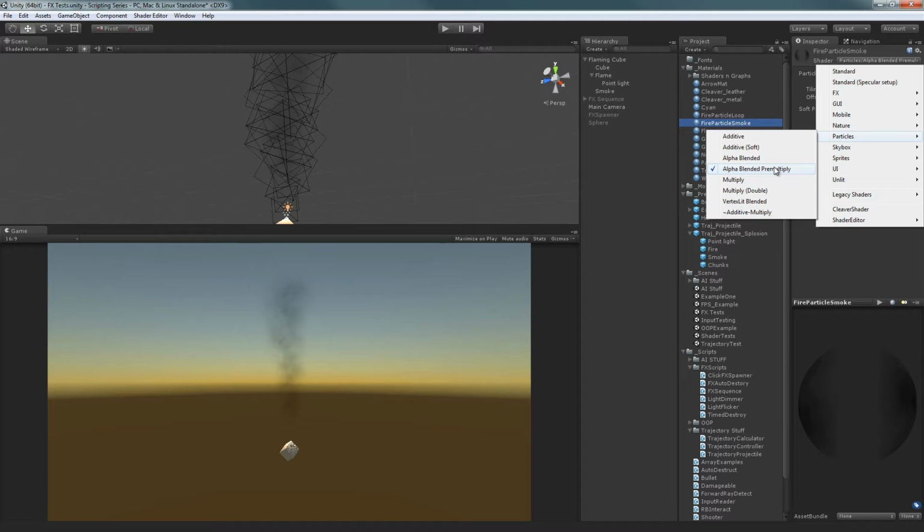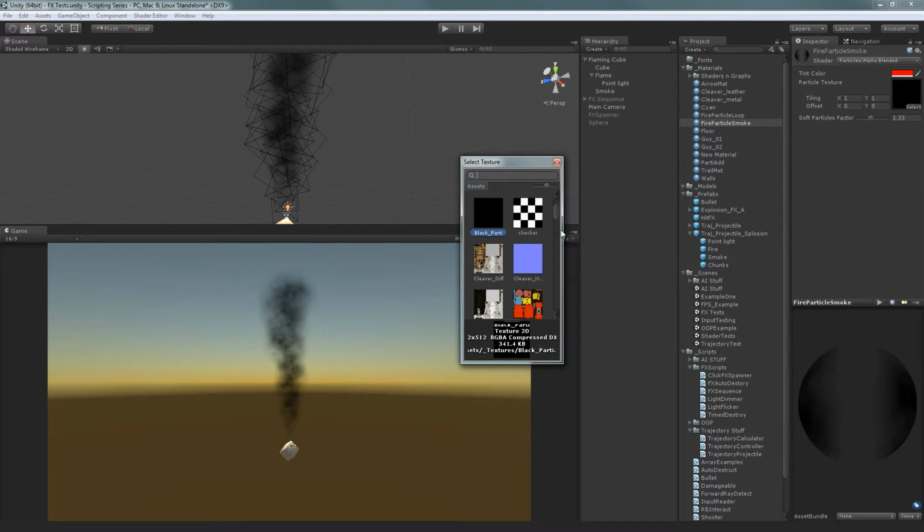Which, by the way, I should probably mention, if you're going to be doing effects work, I suggest you just play around with these and play with each one a little bit and see what gives you the style you're going for. I can suggest things all day, but if you're not getting the look you want, try a different shader and see if that helps out a little bit, because I kind of like the way that